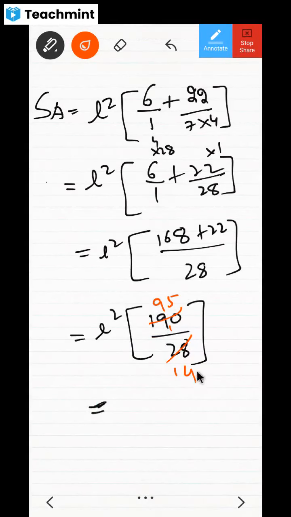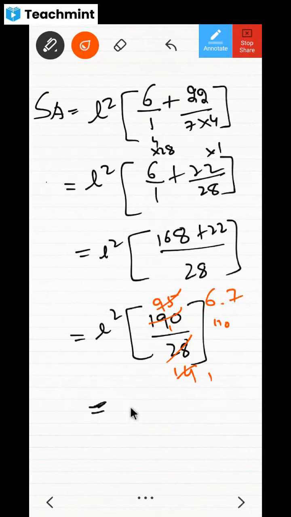Yes. 14 ones are, then 14 sevens are. 14 sevens are 98, no? 14 sixes, I guess. 14 ones are, 14 sixes are 84, no? Then 11 is the carry. Then the point, then 0 I have taken. Then 14 ones are, then 14 eights are 112. 14 sevens are 98.